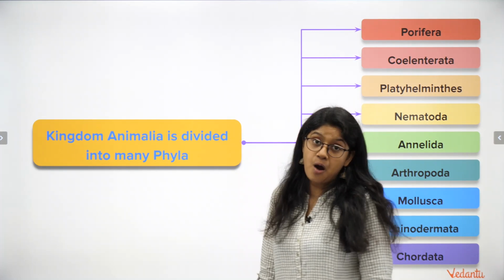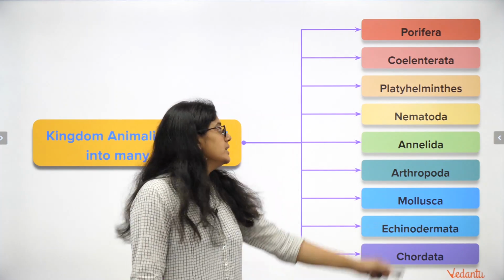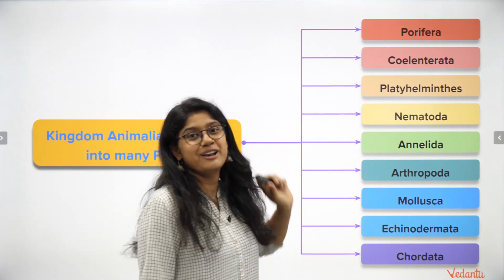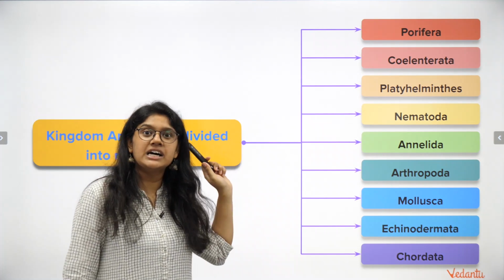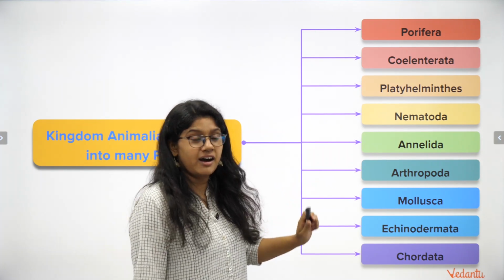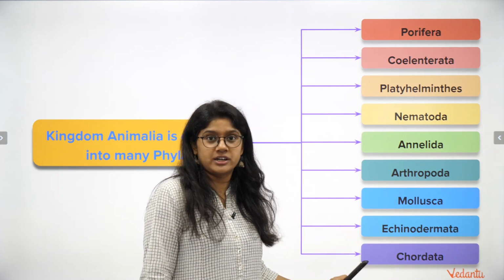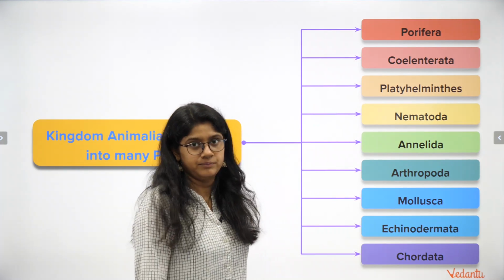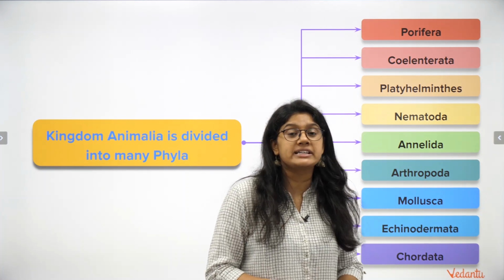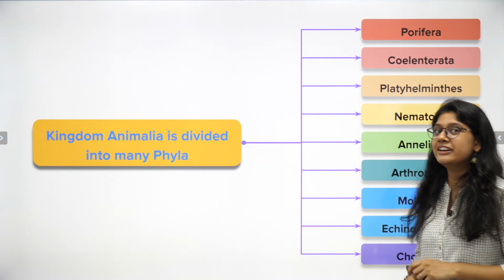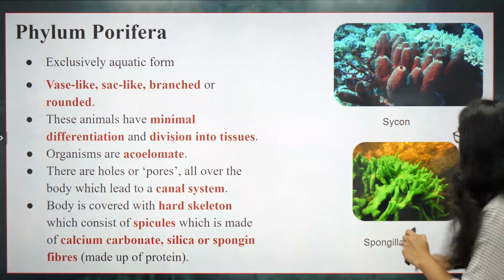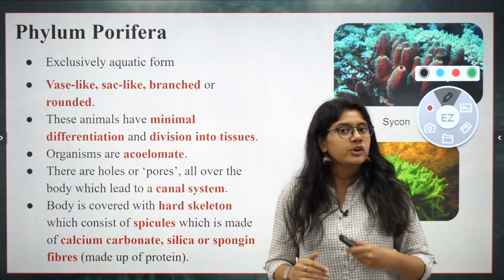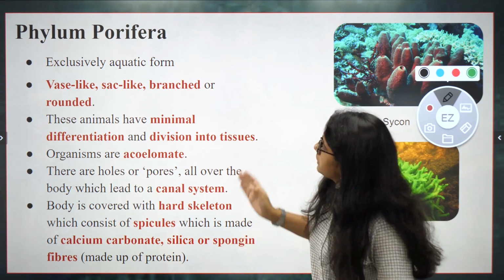to the kingdom. Now we will be studying about the kingdoms. These all are phyla: Porifera, Coelenterata, Platyhelminthes, Nematoda, Annelida, Arthropoda, Mollusca, Echinodermata and Chordata. Today in this class we will be completing from Porifera up to Echinodermata. In the next class we'll have the Chordata. Clear? Okay, so let's start the learning process now, everyone. You can take the notes. You'll be getting a PDF, so don't worry about that.